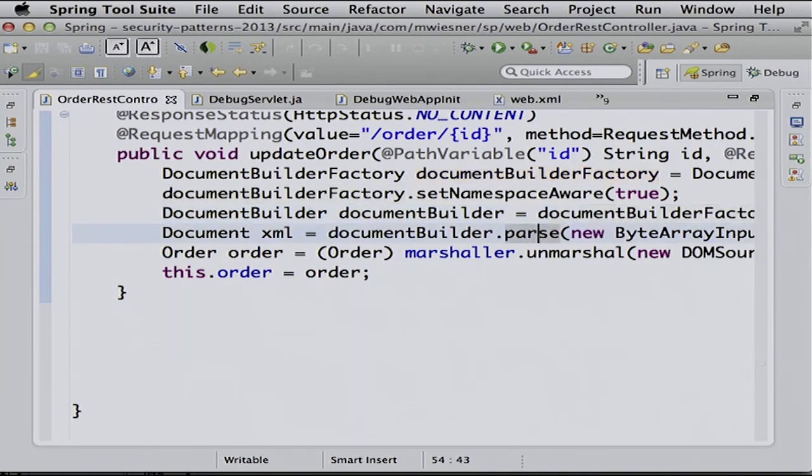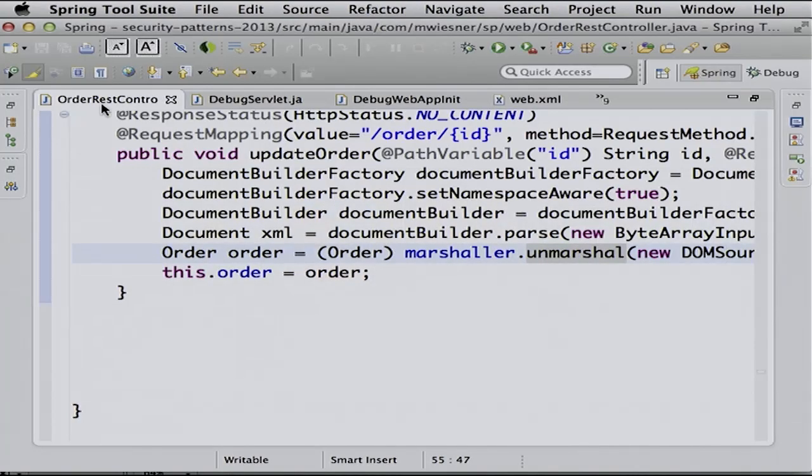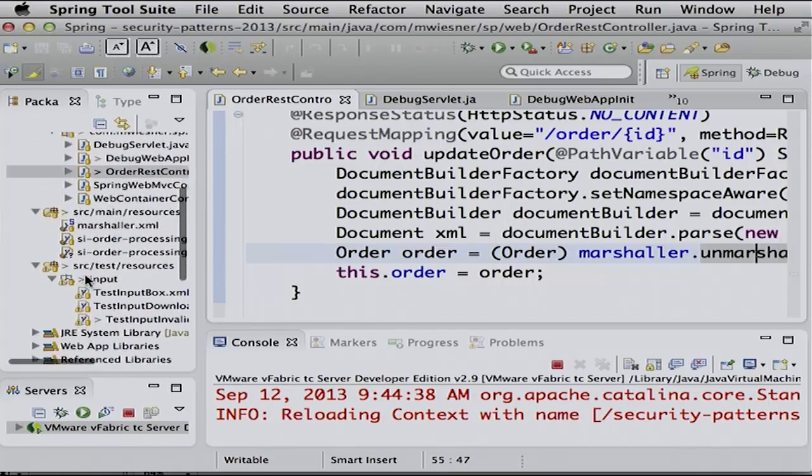So we create a standard XML parser, it should be namespace aware. I don't do really interesting stuff here. I create a factory, and I parse it finally. I get back an XML document, I send it to my JAXB marshaller and say, hey, marshal that one. There's no JSON in it, it's just XML, no way to create or submit JSON, it will not work.